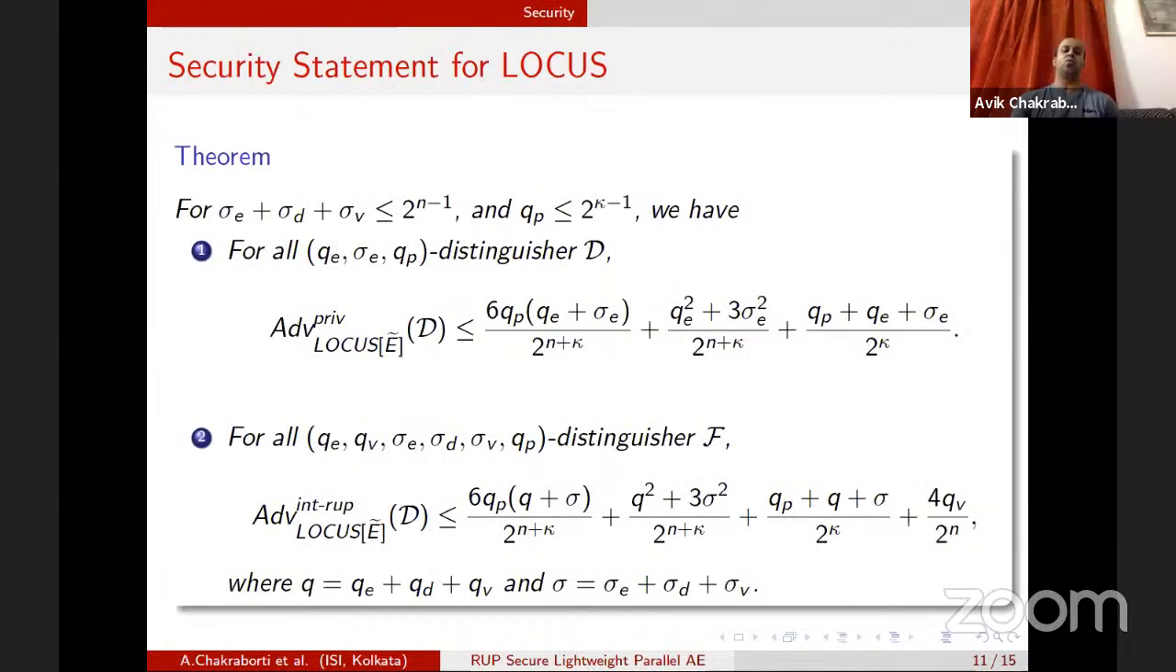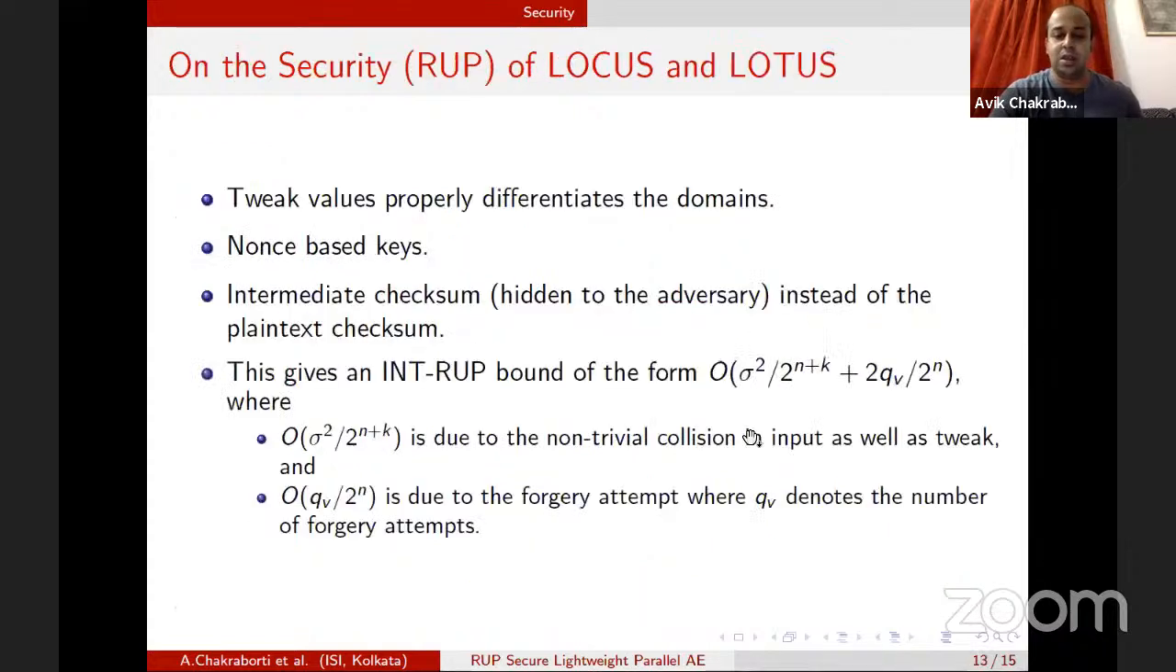And finally, I would like to come to the security bound, and we have proved the privacy security and INT-RUP security. So INT-RUP implies INT-CTXT, so proving INT-RUP security is sufficient. And we have seen that we can provide (n+k)/2 security for the privacy bound, and we can provide order of sigma squared by 2 to the power n+k plus qv by 2 to the power n